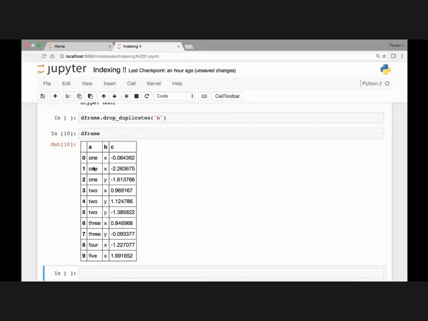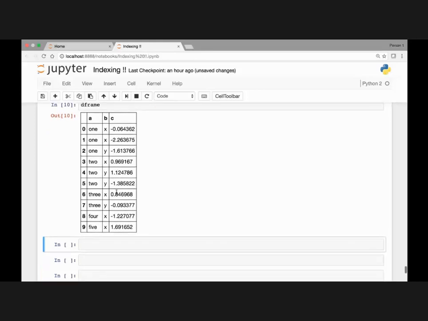So it will drop the second column here, since it's a duplicate. It will drop the fourth column, this one. It will drop this, that. So it will only keep the first and third columns